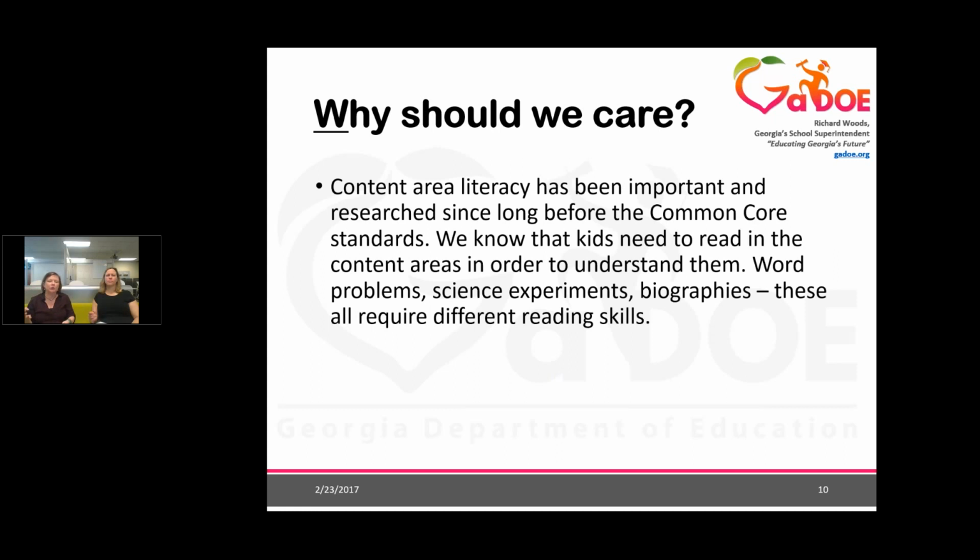Okay, so why should we care about this? It is very easy, I think, and not easy. Teaching's hard no matter what content we're in, but it becomes a habit to be locked into my ELA standards. I'm teaching 11th grade American literature. These are my standards. This is what I'm going to cover. I've got my curriculum map. I've got my novels picked out. I know where I'm doing the informational. I'm done. And so it's very easy to get into that habit and not look into what do my kids